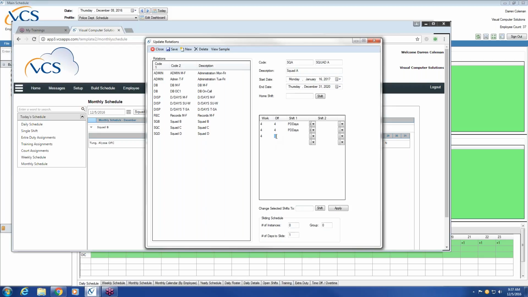So let's see how we can work that out. So that's a 24-day cycle. So there's the 28th, with the 4 days off included in there. Now, if I just stopped right there and I viewed the sample,